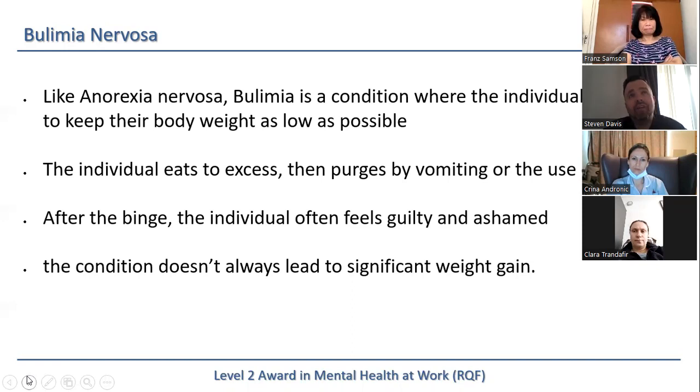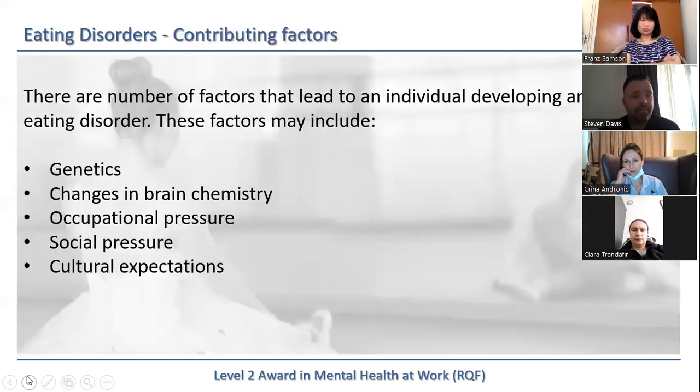With bulimia, I've seen it a lot more in younger girls that are probably size 18, 20. So they're generally a bit bigger girls than what you would normally see. Obviously for the thin ladies, they tend to just binge and purge because of that feeling of guilt and ashamedness. So just because somebody may look slightly bigger does not mean that they haven't got an eating disorder. So again, don't just assume that you have to be thin to have that eating disorder.